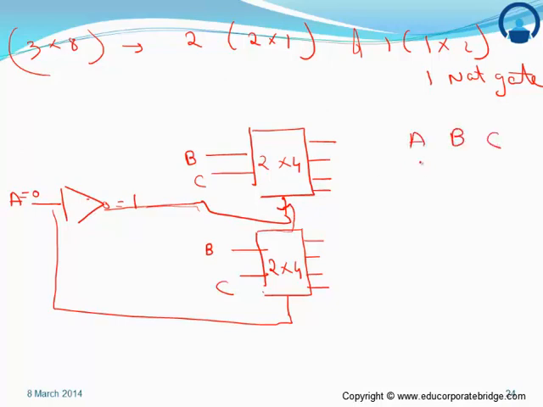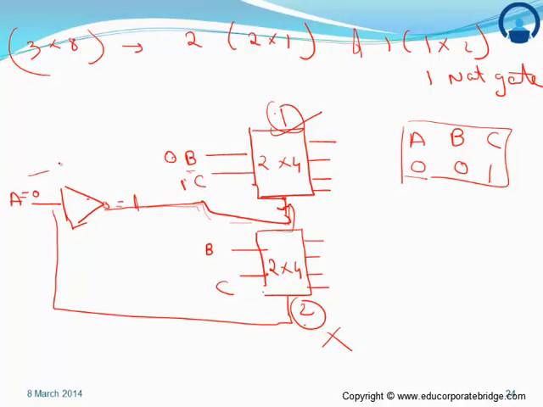So if we take the values 0, 0, 1, that is, A is 0, B is 0 and C is 1. Okay, from these values, A is 0, that is, the output of this NOT gate will give 1. So the decoder number 1 will be selected, as the enable pin for this decoder goes high. The decoder number 2 will not be selected when A is 0. Since A is 0, the decoder 1 gets selected, and let's check from this value, B is 0,